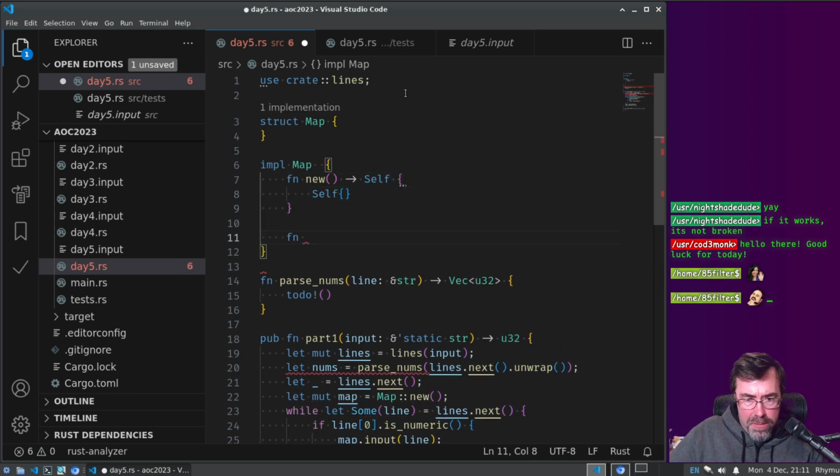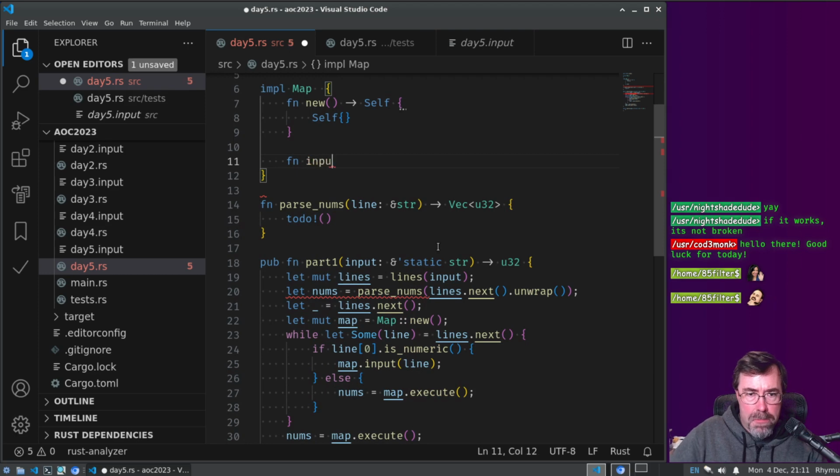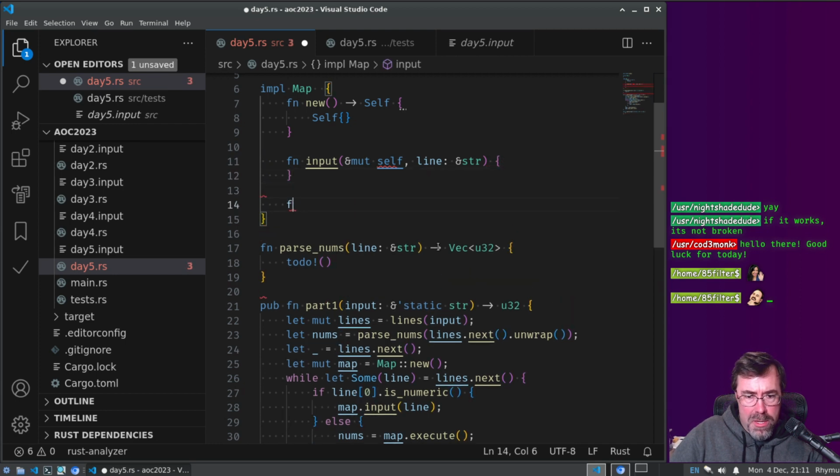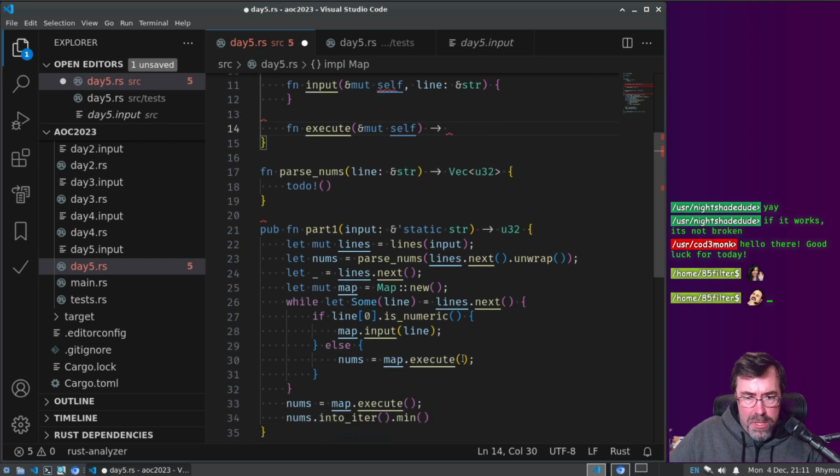And then we're going to have an input, mut self, and line. And that doesn't need to produce anything. And then we have an execute. And that returns, oh, we actually have to give it the numbers, right?